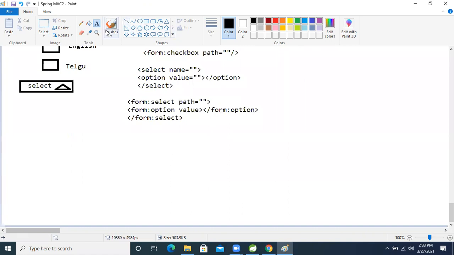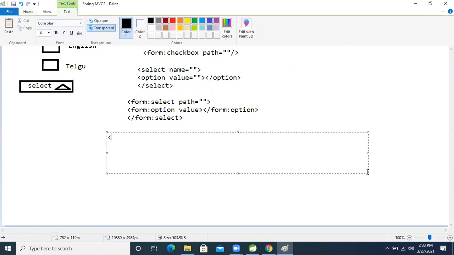If we want to hide those things in HTML, we use the input tag: input type equal to hidden, then name. We give the name tag.